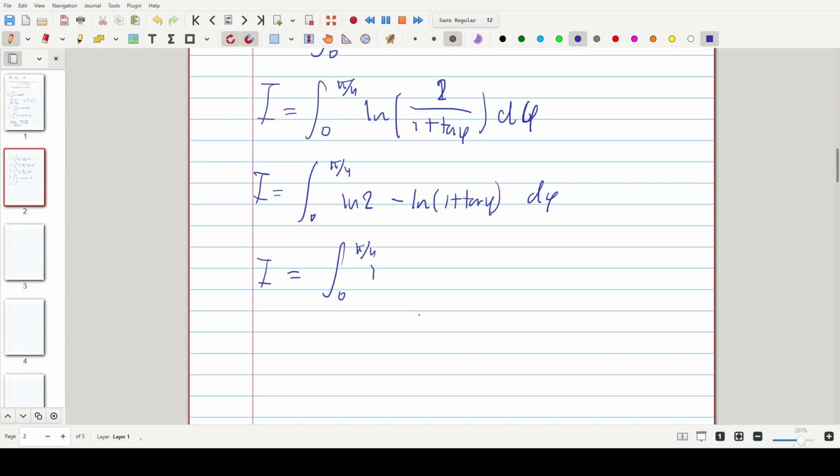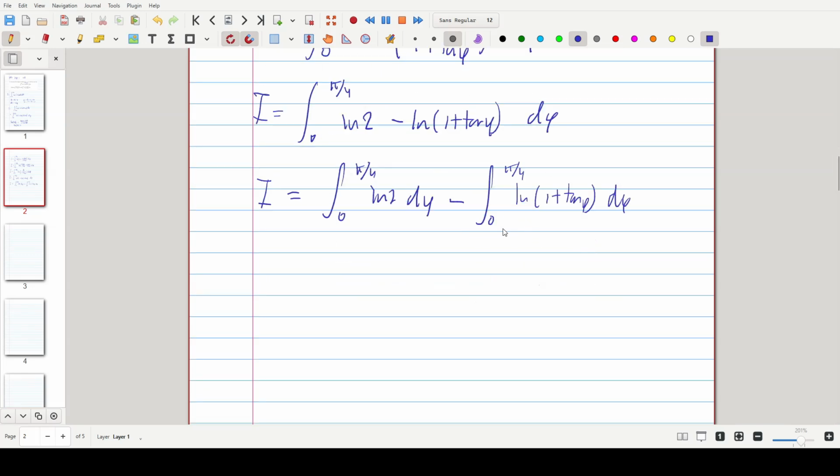And then we can split the integral: the integral from 0 to pi over 4 of ln 2 d phi minus the integral from 0 to pi over 4 of ln(1 plus tan phi). So notice here that this is literally just our original integral, but with a different variable. So we're going to say that I equals the integral from 0 to pi over 4 of ln 2 d phi minus I. Then add I to the other side, we get 2I equals